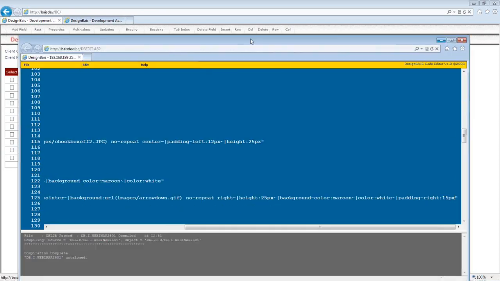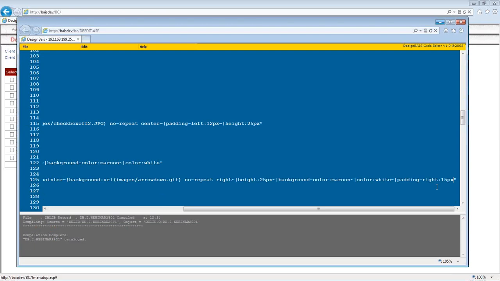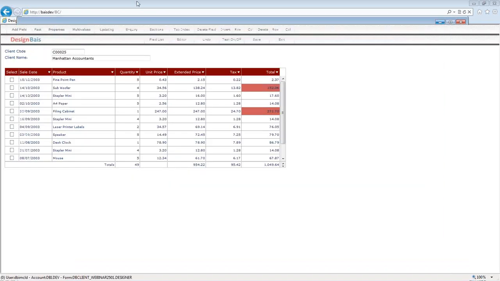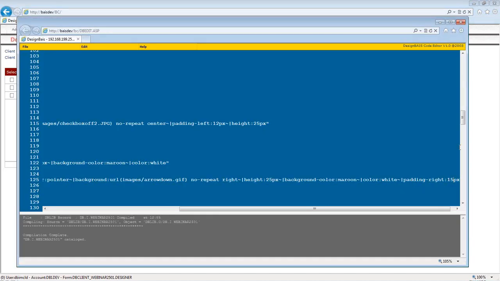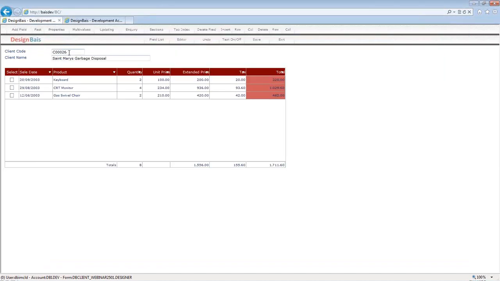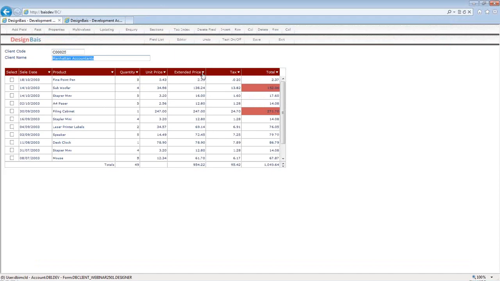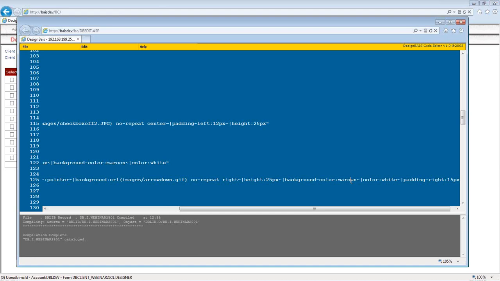So I can demonstrate that a little clearer, I suppose, if I just set that to 0 at this point, recompile that program, and redraw the on-form report by putting in a different client code. You can see now the effect on that because there's no padding, the words are intermingling with the down arrows. So I'll put that back, and then that condition disappears. Okay, so that's the header attributes